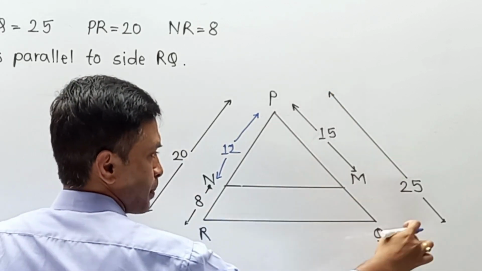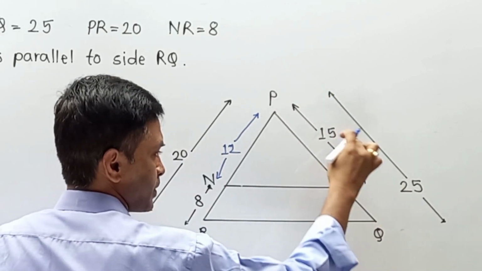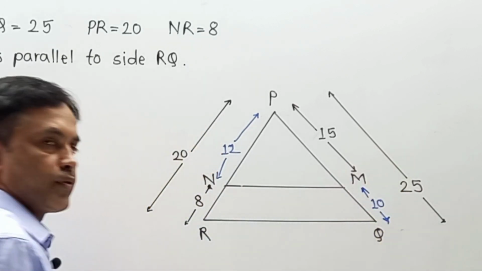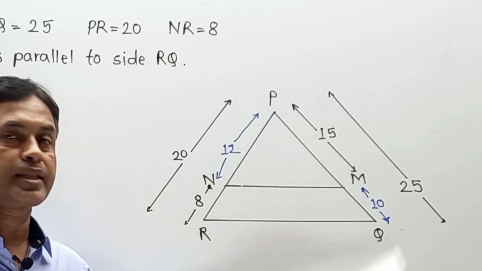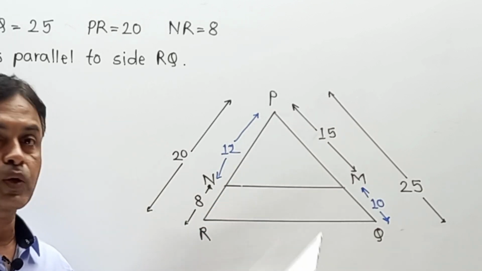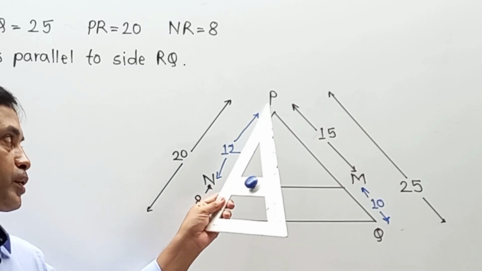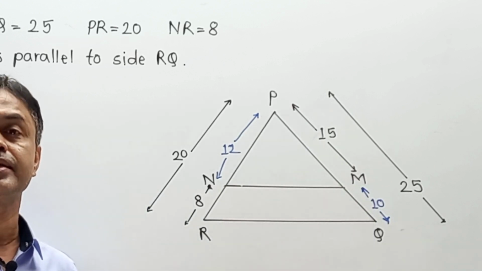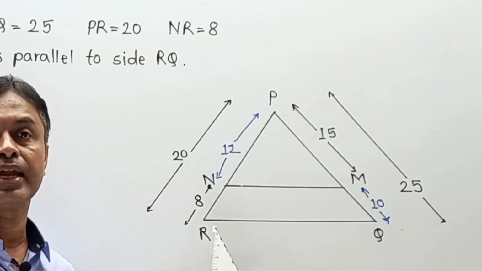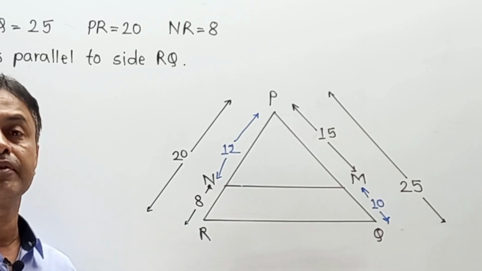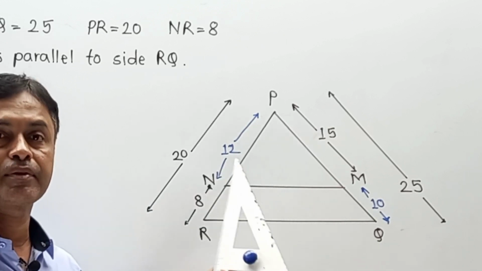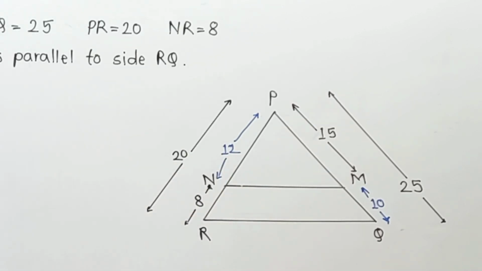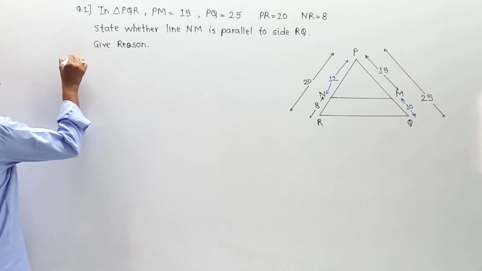Next, we know that PQ is 25 and PM is 15. Automatically this distance becomes 10. First of all, we have to represent this subtraction that we have done over here, and then cross check the ratio. What is exactly? We have to cross check the ratio of PN upon NR is equal to PM upon MQ. If it is equal, then we can say that this line NM is parallel to RQ, and if it is not, then it is not parallel. Like that way हमें इसका explanation देते आना चाहिए. So observe the writing part and the calculation, from the reference of a diagram, here one by one.